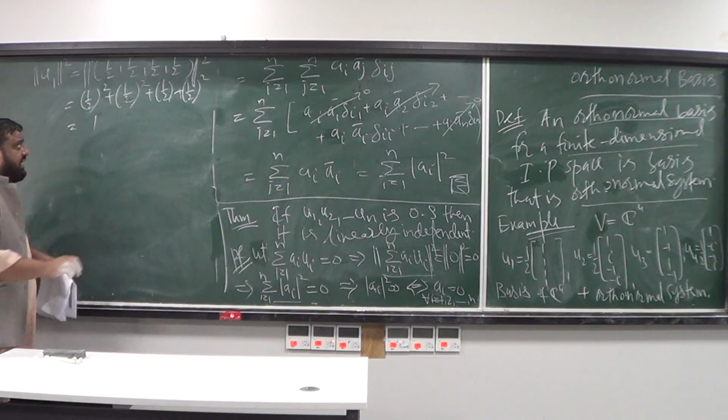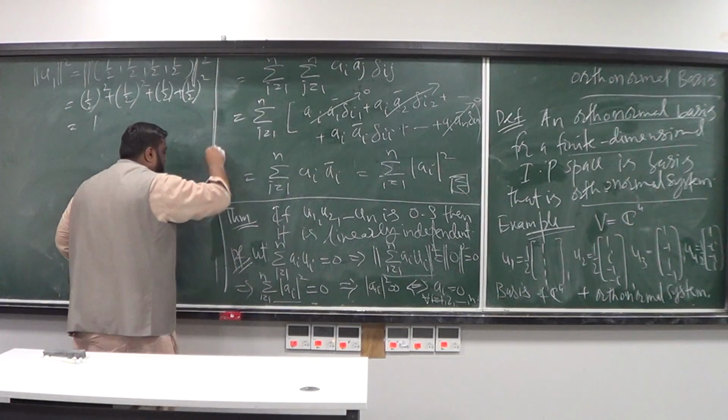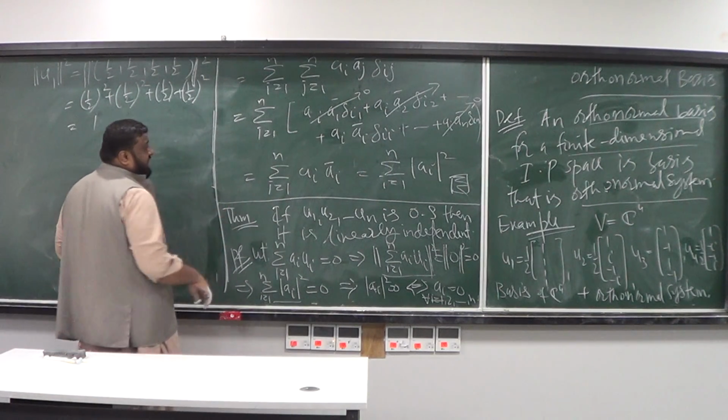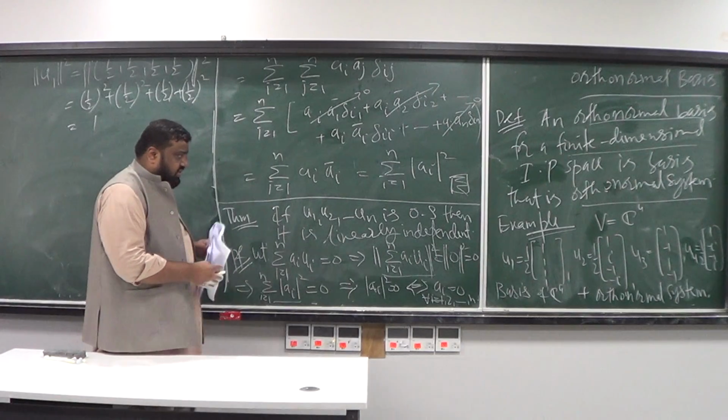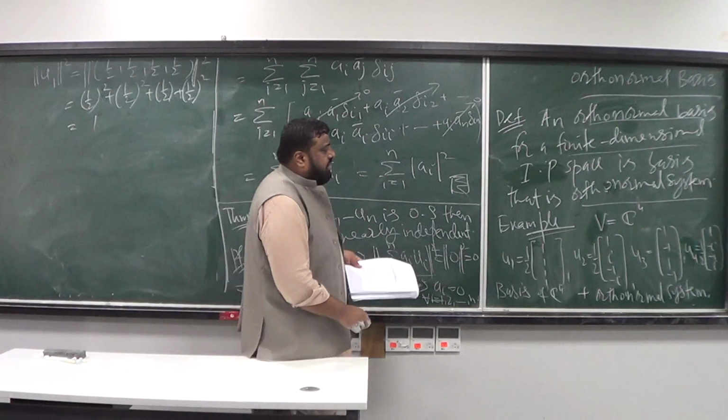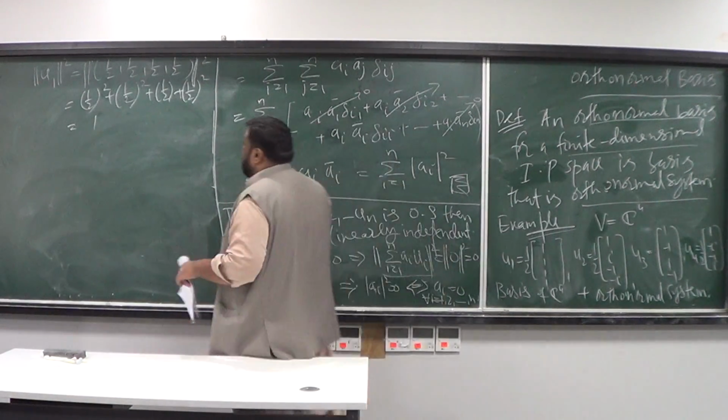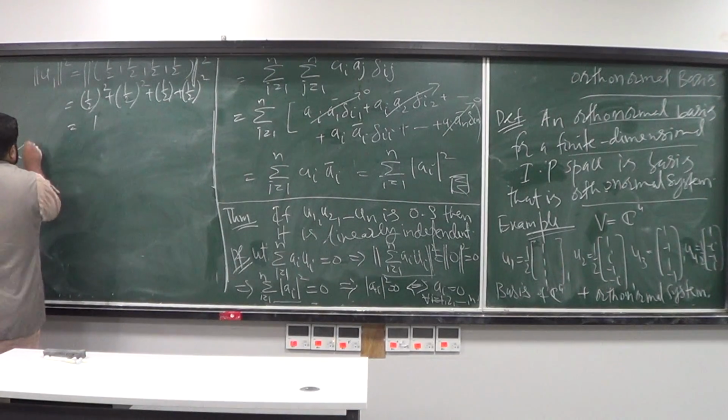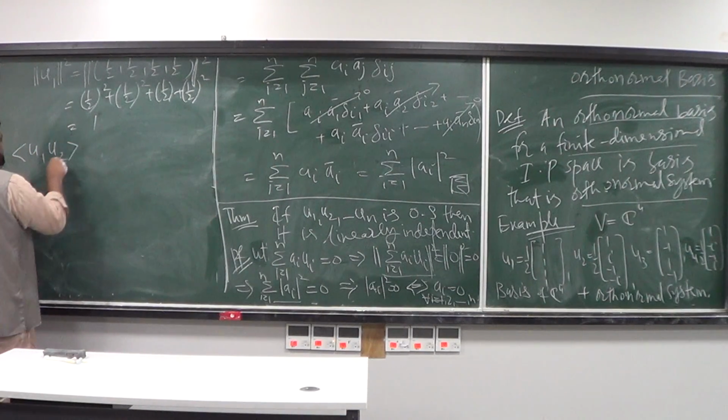So these are the basic things. Okay. Since we are doing the second course on linear algebra, I'm going to assume the things from the first course and chapter 4 that we have read. And similarly, what you can do, for example, is that if you take u1 and take its inner product with